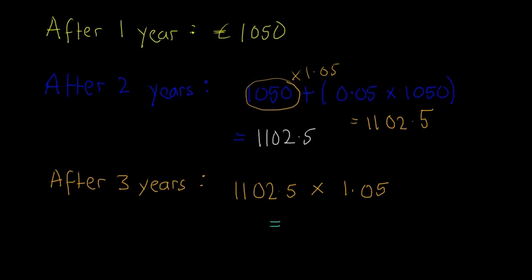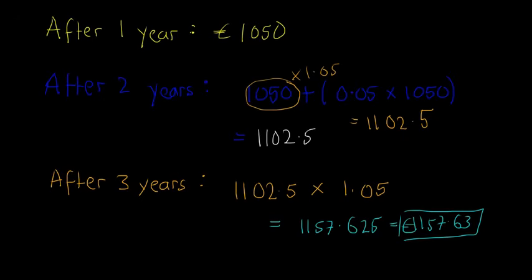So our final answer is 1157.625, which is just going to give us 1157.63, so we round up. And that's how much we're going to owe the bank after, sorry, it's a terrible euro sign, after 3 years, 1157.63. So hopefully you can see that 1157.63, that's bigger than if we were just to add